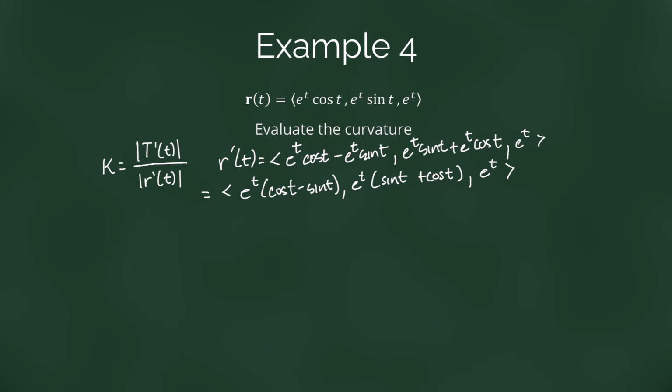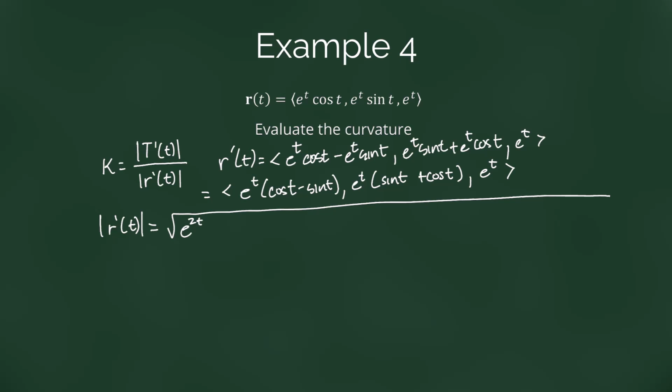Okay, so now we need to find the magnitude of that. So the magnitude of r prime of t, because that's going to be useful in calculating T as well as calculating kappa. So the magnitude of that is the square root. I may run out of room here. I'm going to do my best to squeeze it in here, but we're going to do the square root of